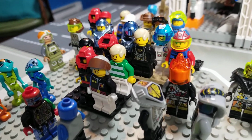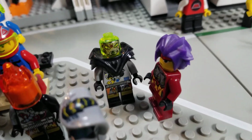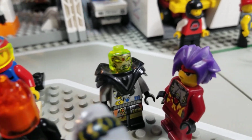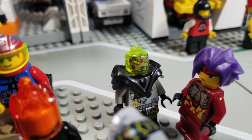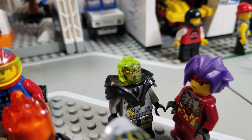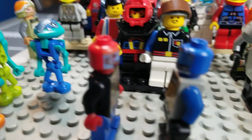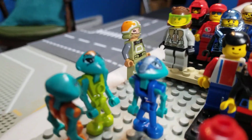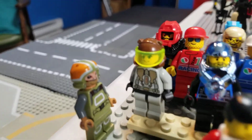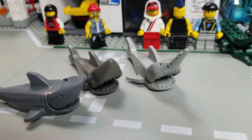So, yes, loads of new citizens who are already starting to mingle with the citizens that we already have and make friends. And just while we're here, I have to say that they look like they were made for each other. I mean, just look at them. Look at what a cute couple they would make, don't you think? And more robots, and more aliens, and more people, just all kinds of people. And that's awesome, it's great, but